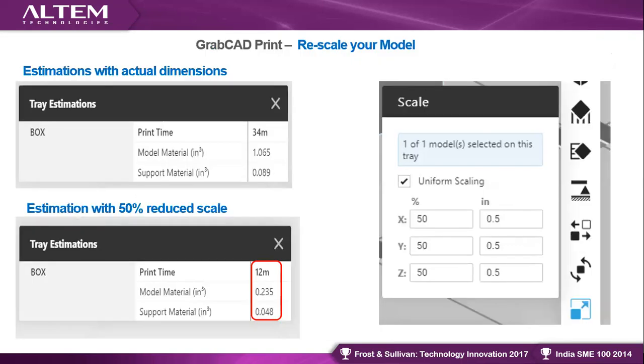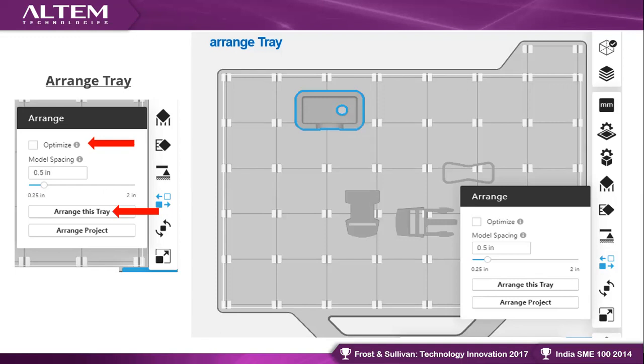What you need to do is just click on this optimize option here, and then click arrange tray. Once you click optimize, you can see these two are not in the optimized position to print. As you know, the printed part will rest at the bottom. Here the purging area is for the 370 machine. The purging area for the 370 is always at the bottom of the build tray. So the print head has to come and print on the purge tower first, then go to the parts.